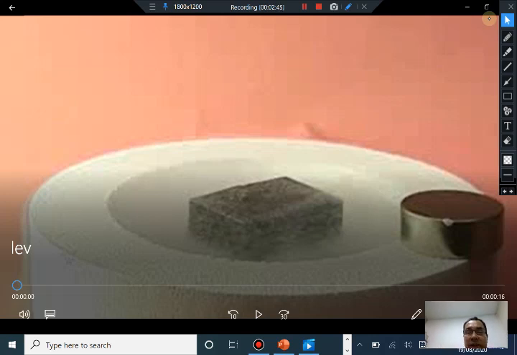So you will see in this experiment that there is this magnet, this shiny colored object, which is going to be placed on top of a superconductor, and the superconductor has already been cooled below its superconducting transition temperature. So let's see what is done in this experiment. Let me run this video.